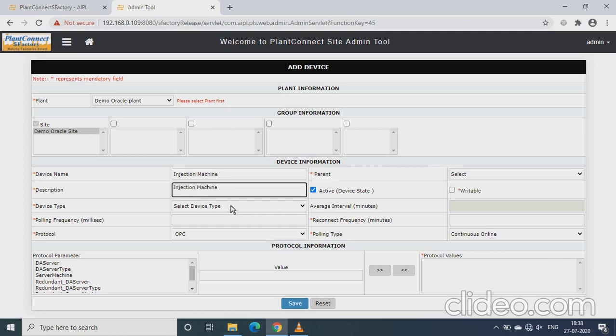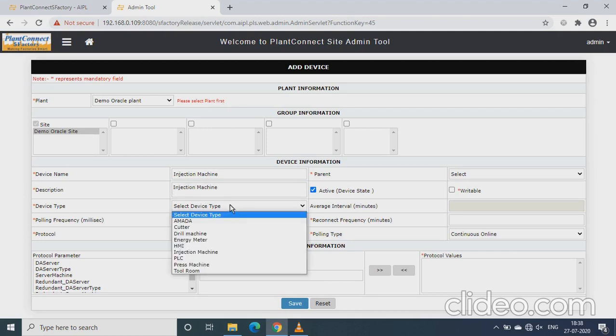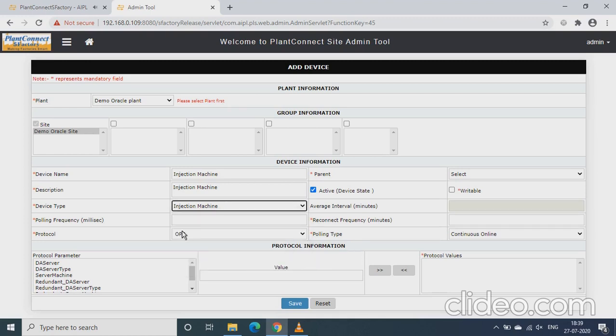So once you have configured the description, you need to select the device type. So in our case this particular machine is of type injection machine itself. There are also multiple device types such as Amada, cutter, drill machine, energy meter, etc. So in our case the machine type is injection machine.